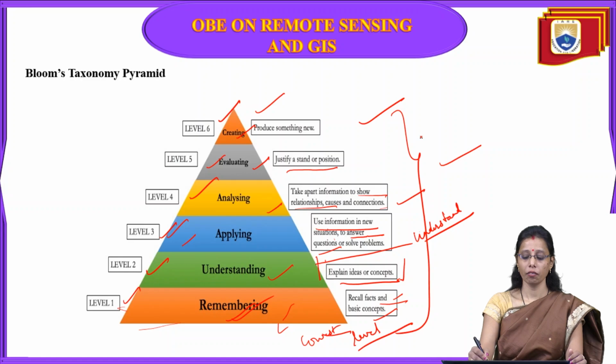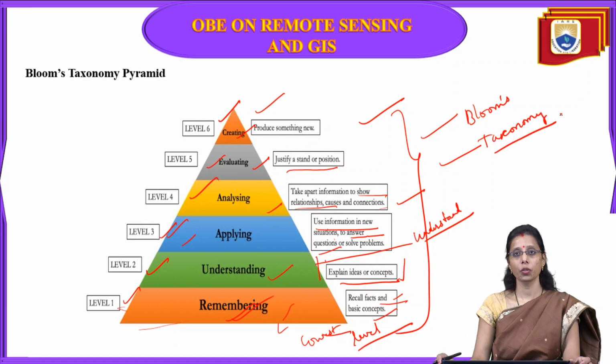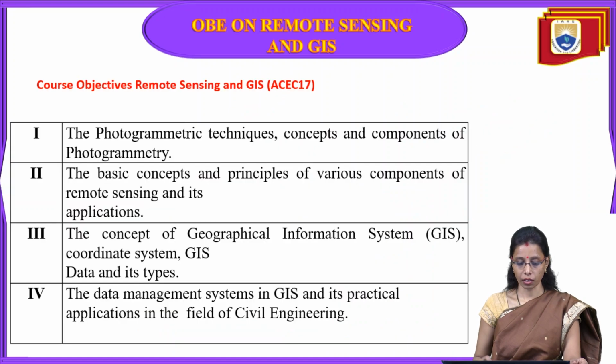These are the levels of Bloom's taxonomy. This will help us justify our questions and what level we are at. If we are able to answer a creating-level question, that means our outcome education is at a very high level, which will help us give high-level answers and create things on our own. This is how we can evaluate ourselves.